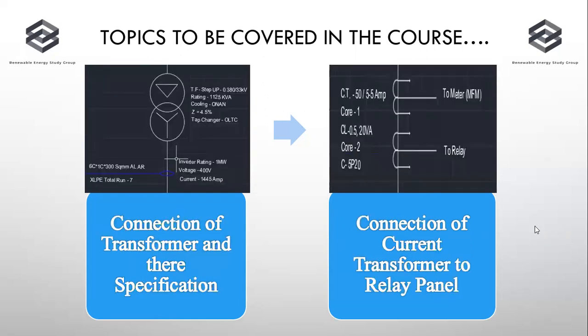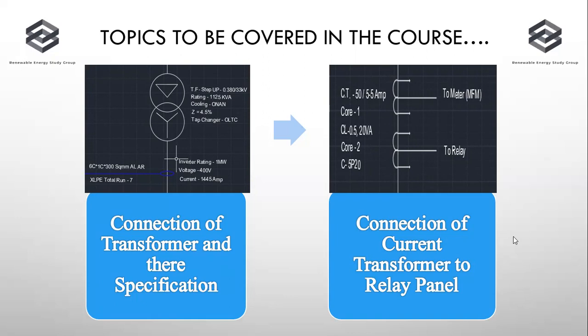Similarly, the next parameter we'll see is the connection of the transformer and its specification. How we can show the symbol of the transformer, and how many parameters are required to be shown on the circuit diagram whenever we are taking the printout of the circuit diagram from AutoCAD. Next thing we're going to see is how we can show the symbol connections for the current transformers and the potential transformer, and what kind of CT ratios and core ratios we will have to show